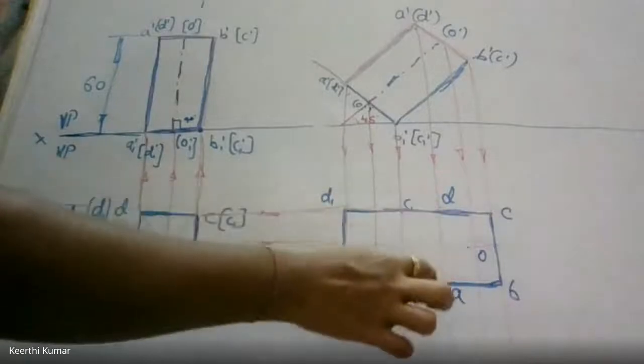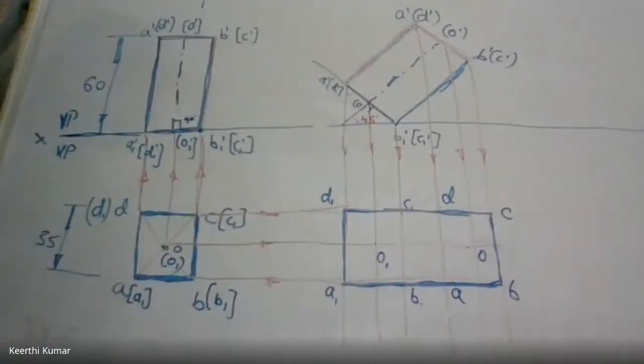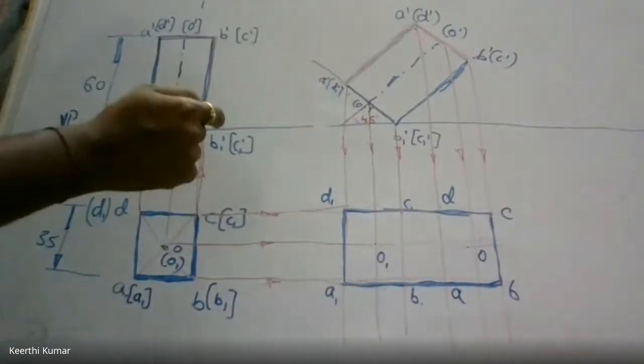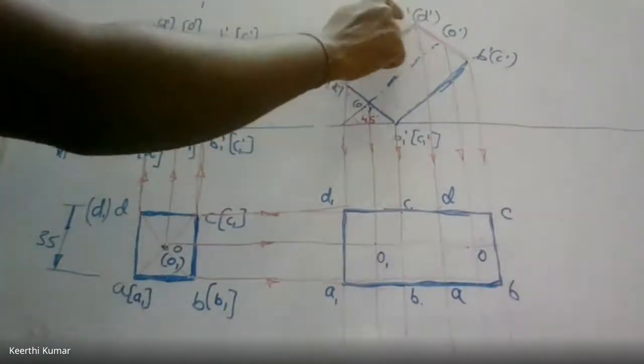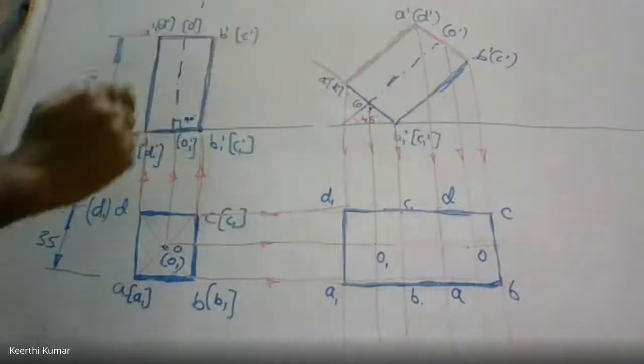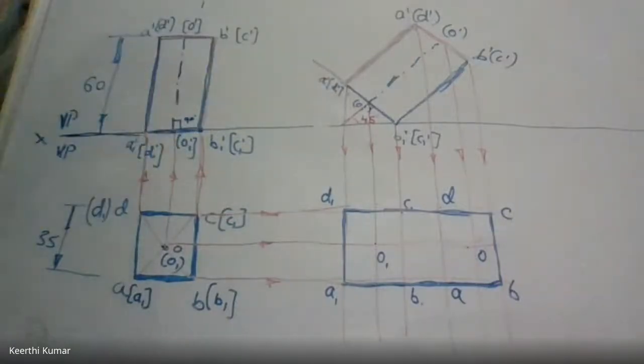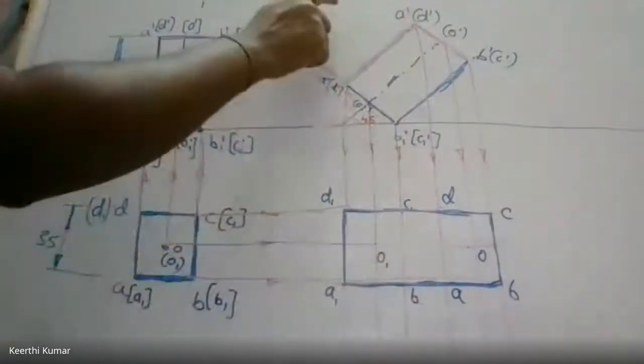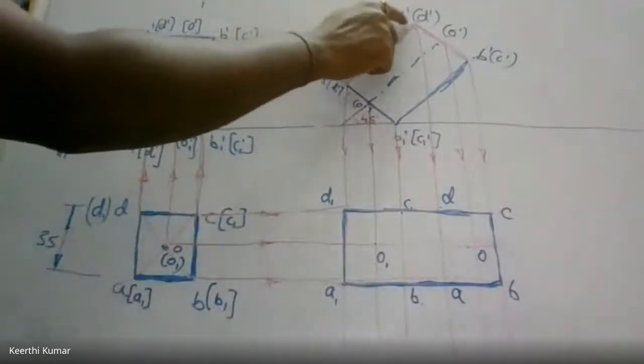Correct? So I'll go for this figure now. Now what is the connection we want? We want the connection between D and A. Check out. Where is D and A in the top figure? That is D dash and A dash. D dash is here, A dash is here. If I see from the top, can you see D dash and A dash? Or we cannot see. D dash is here, A dash is here. We want the connection from D to A. So I'm seeing only D dash and A dash.